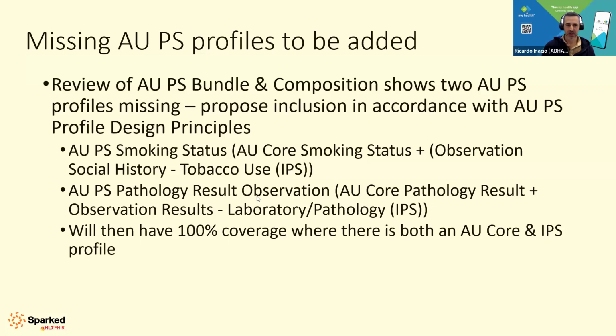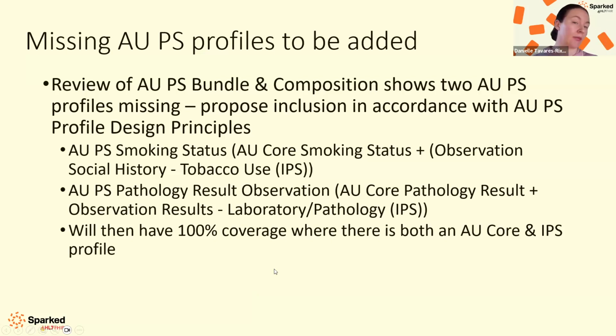I'm probably not just going to ask Danielle, so do we want to get through this approval now? Yeah, I wanted to ask if there were any objections. We have the patient summary profile design principles where we have core and IPS profiles. We do a patient summary profile, the ones that we've been walking through, that show what the rules together for a resource to be compliant both to core and IPS are. And what we've realized in going through this and getting ready, obviously, for ballot and testing, is that we'd missed 2 of them. I just wanted to come back and check and confirm that no one has any objections to me including